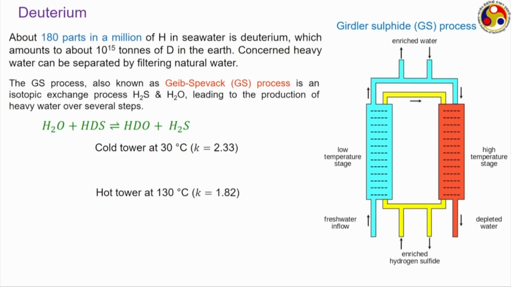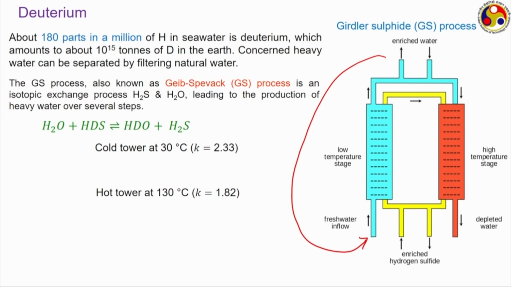So, passing of seawater through this will cause a very small increase in the total deuterium concentration or total heavy water concentration in the sample. One step itself is not sufficient, we need to go for multiple steps, and that is why the enriched water which we are getting here as the output from this cold reactor quite often is supplied back here, or maybe supplied to another reactor which is placed in a cascaded position, and we get repeated